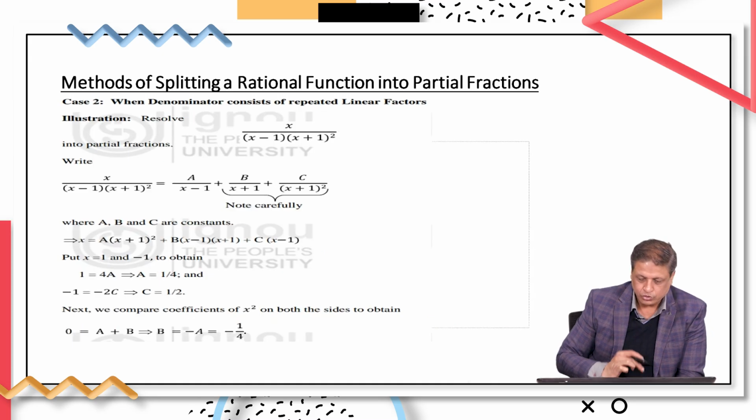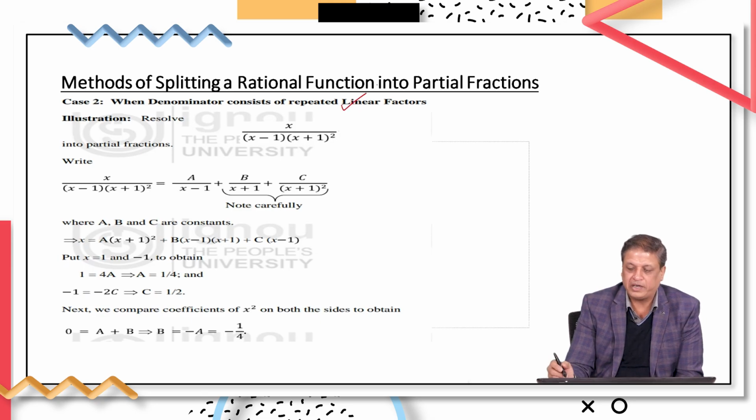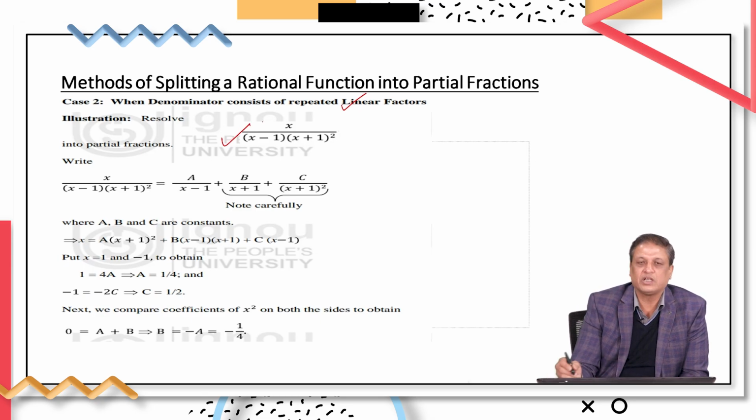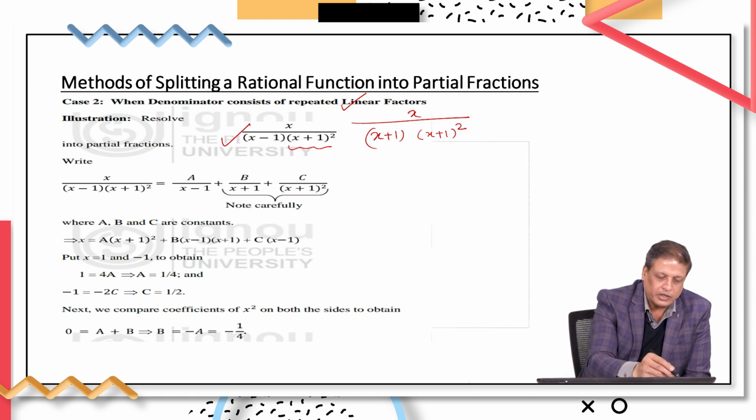Now, we are going to solve case number 2, wherein the denominator consists of repeated linear factors. So, this is the case wherein we are having the repeated linear factor. One linear factor is x plus 1 and the other one is x plus 1 square. So, you can write the right hand side of this expression, that is x upon (x minus 1) into (x plus 1) square, as